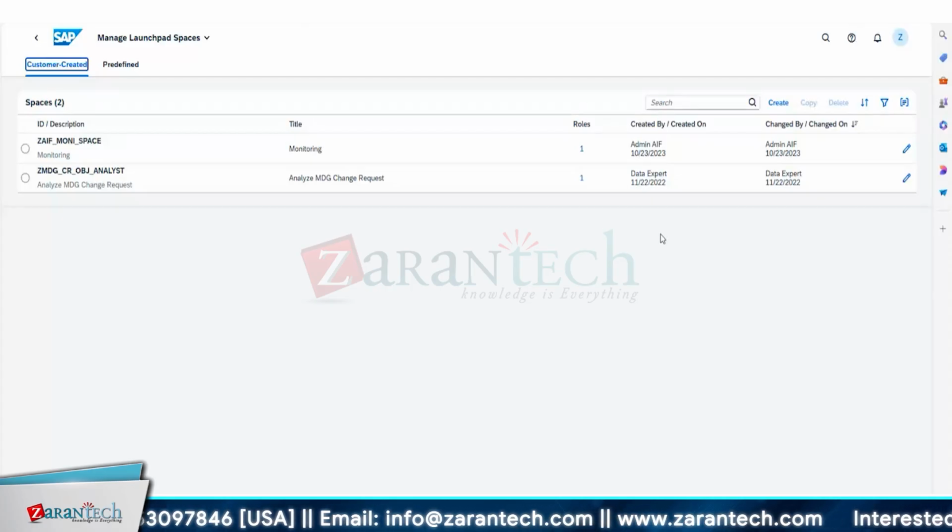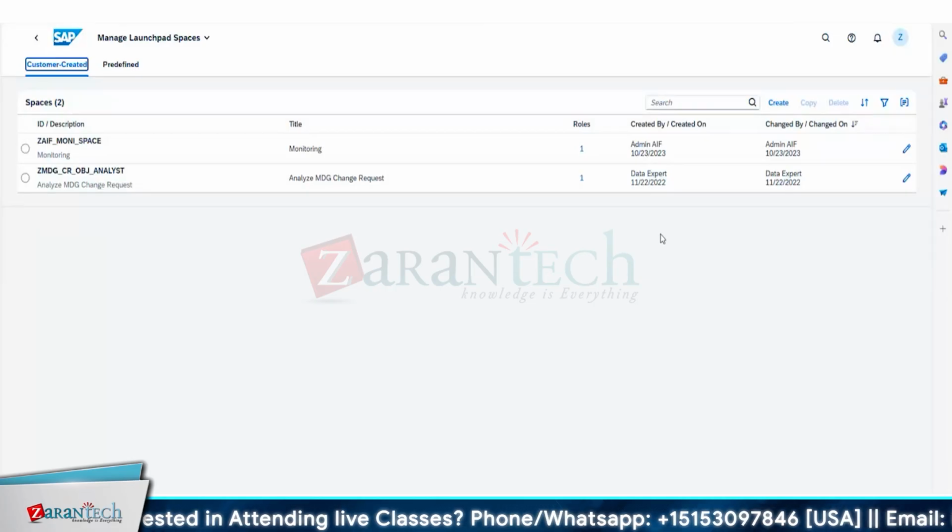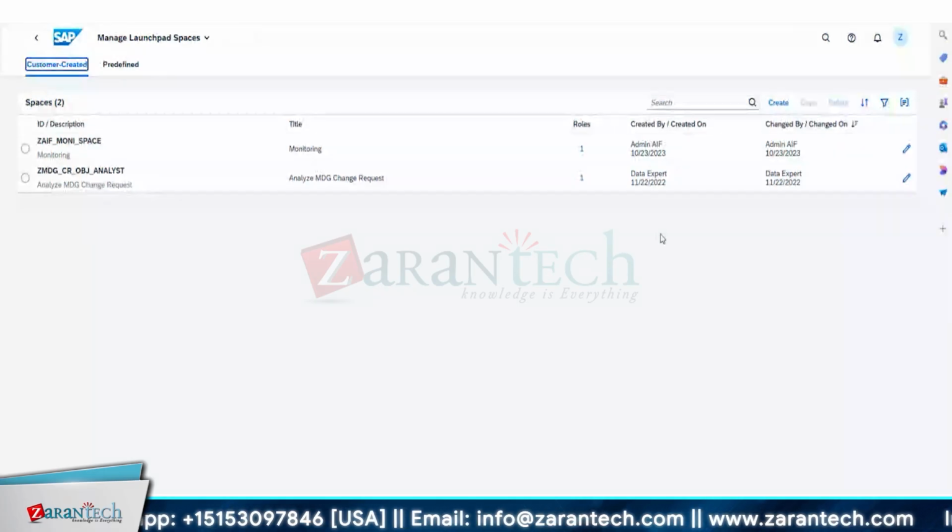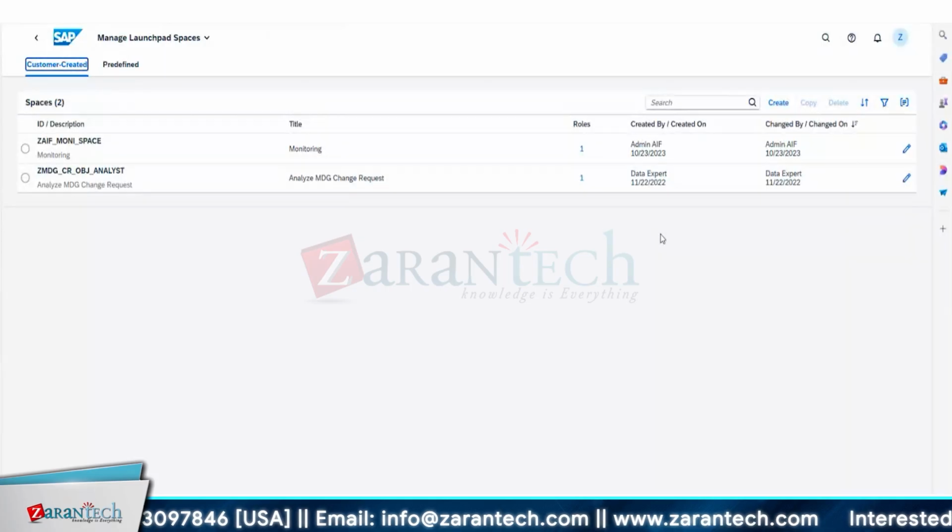Technical catalog is not recommended because it will come up with a lot more application access, but business catalog is preferable in testing environments. Like in this case, we didn't create any custom catalog. We just went ahead and added the business catalog to us. That's the only possibility where you can get access to any application you want to access. So keep that in mind: whichever app you want to provide access to, do not assume that we have complete access. We should be able to launch any application which an end user might come up with, saying he is facing errors in that. We also need to get access to that application, and the only way to get access is via the business